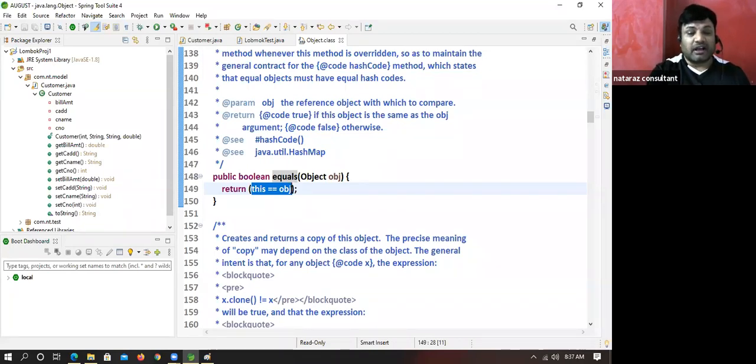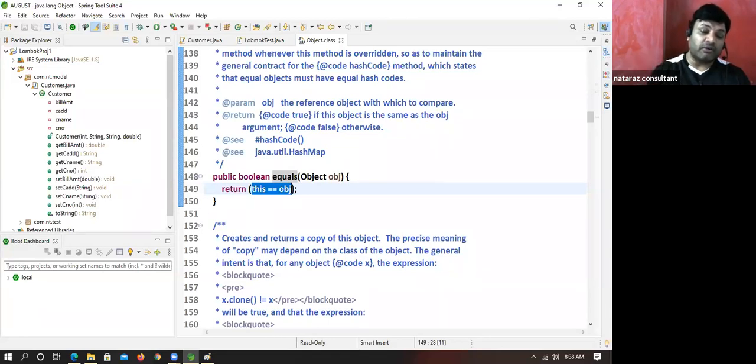So the Object class equals method never compares the state. It will check whether both references are pointing to the same object or not. That means indirectly it is comparing the references. Sir, in the case of String, Integer and other classes, it's not happening like that, right?